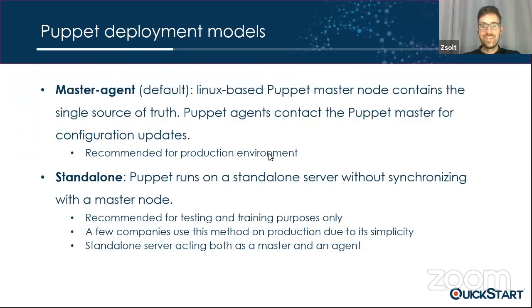So let's see how we can use Puppet. We can use Puppet in two ways. One is a master agent way, that's the default, and the other one is a standalone way. Both options require the installation of a Puppet client. So there is a Puppet client that executes the configuration updates. But in case of a master agent solution, actually not Puppet client, but Puppet agent, that's the real terminology. But in case of a master agent solution, there is also a Puppet master, so a centralized node that contains everything about the configuration, global configuration